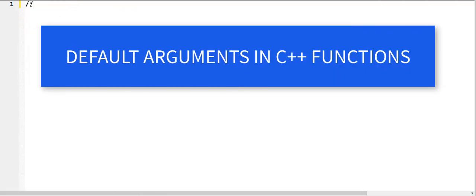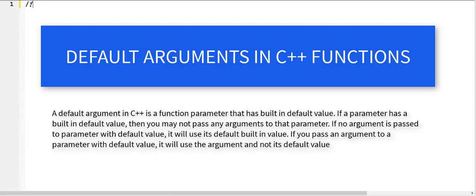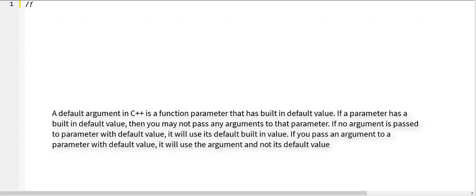Hi class, in this video I will demonstrate how to use something called default arguments. As we go along, first I'll write the program, then I'll explain what default arguments are and how we use them. Okay, so here I will first write a comment here